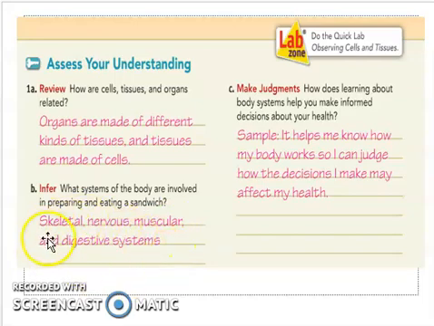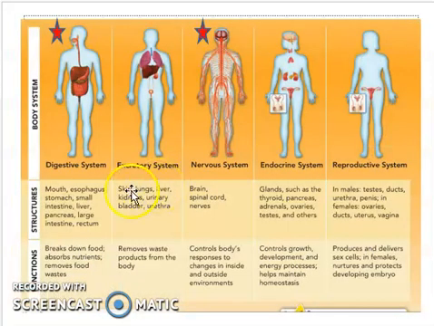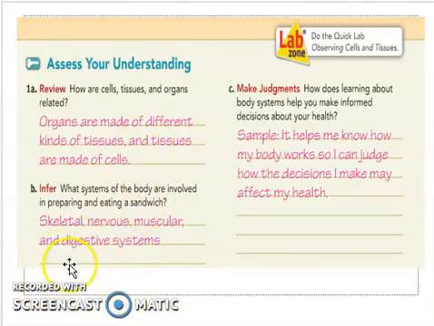Okay, if you want to answer on your own, girls, you can check here. In this slide, you can see the function here, the body parts here. And the same with this page: the body system is here, the structure is here, and then the function is here. So you can answer on your own. Actually, this is just a possible answer. There are still other parts that are working when you are preparing food and eating. You can answer on your own again.